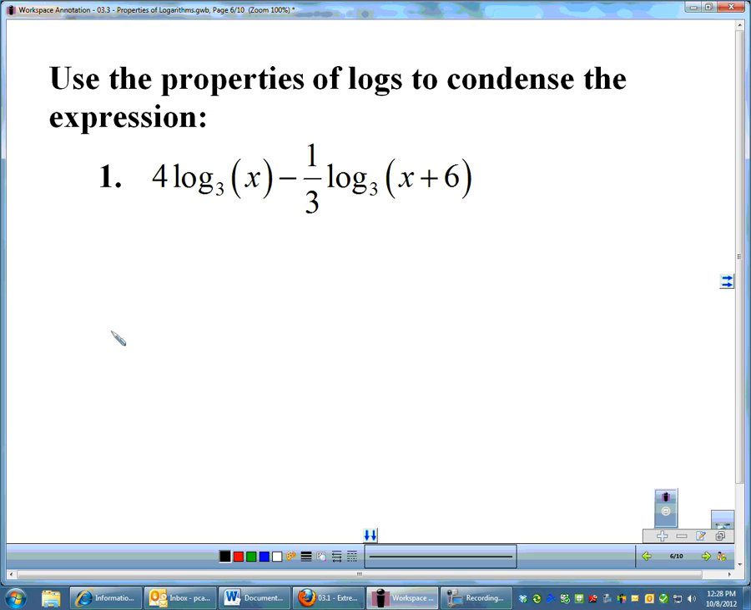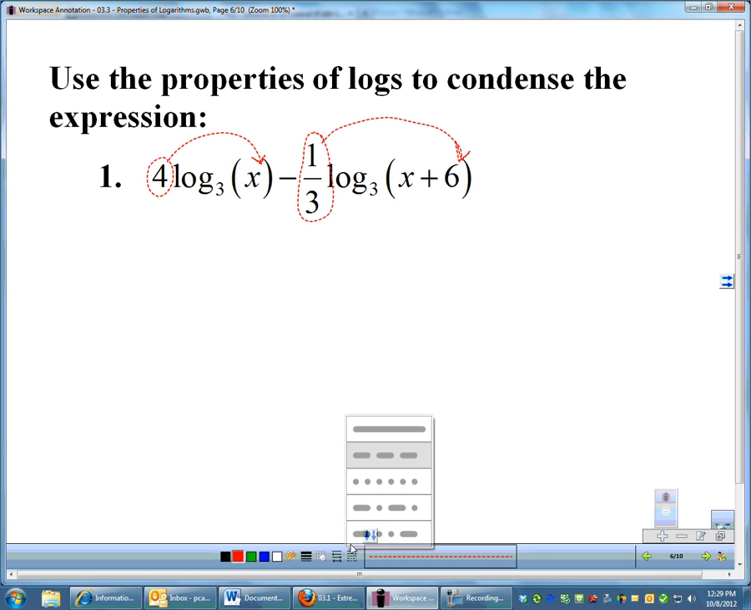Going in the reverse direction, instead of expanding logs, let's see if we can condense them, write it as one big log expression. So we're going to go in the exact opposite order. The first thing we're going to do, any coefficients, I'm going to grab them, and we're actually going to stick them back inside the log. 1/3, I'm going to grab that, move it back inside the log. So my first step is to write this as